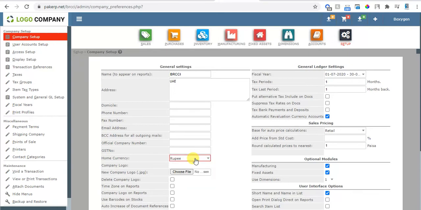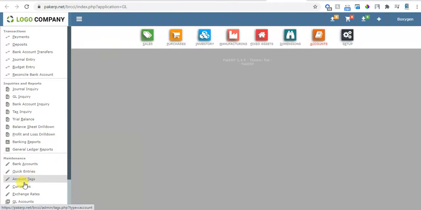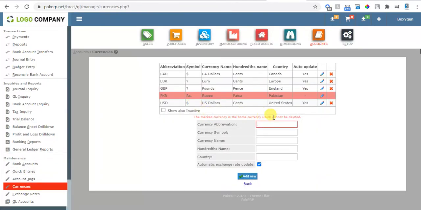If your home currency is different, then you can add a currency from here in accounts, currencies, and from here you can add the currency. And maybe I don't remember the dirham's hundreds name and automatic exchange update.